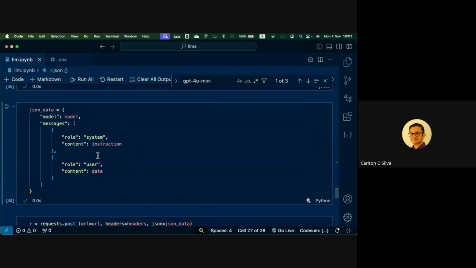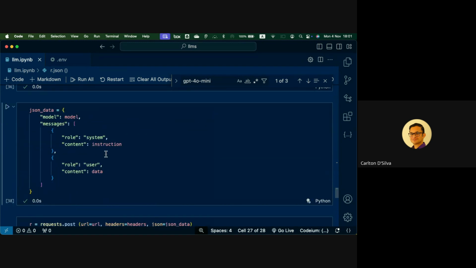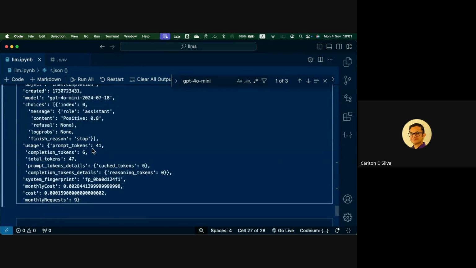So this prompt that we sent, this was 41 tokens. But if you notice, there are no 41 words in here, right? So just keep that in mind. This has maybe at most 20 words. If even that, I don't even think it's 20 words. But it says it was 41 tokens. And completion tokens 6, total tokens 47. So it cost you a total of 47 tokens to run this request.